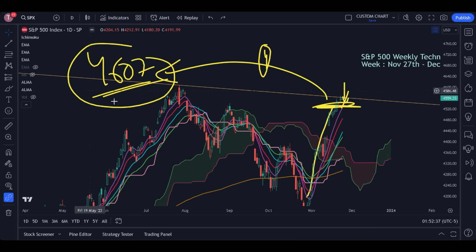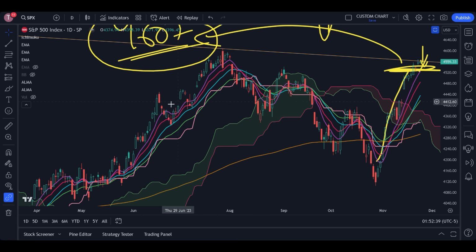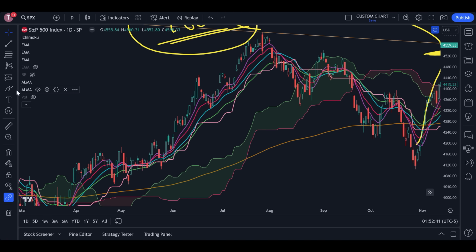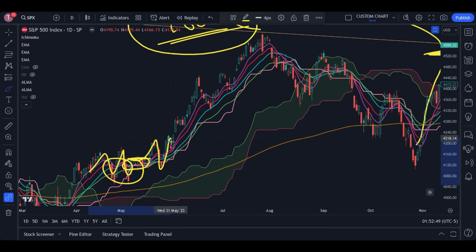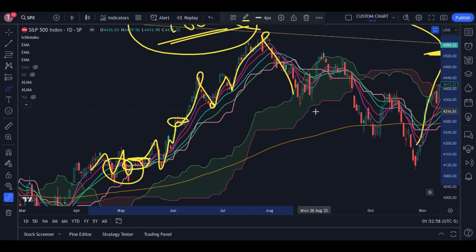For example, if you see that recently, when the S&P 500 was moving up, we have seen it moved up, came down, moved up, came down. It sustained, then again for a few days it was here, moved up, came down, then slowly it moved up, sustained here, moved up sharply, gave a reversal, moved up, gave a reversal, moved up, and then a reversal. So this movement can be accepted, not a problem.